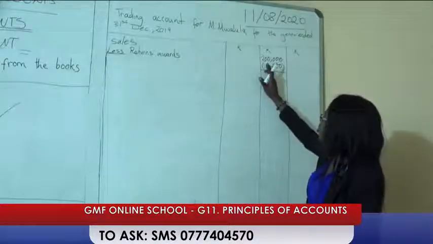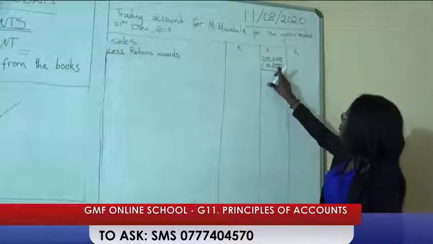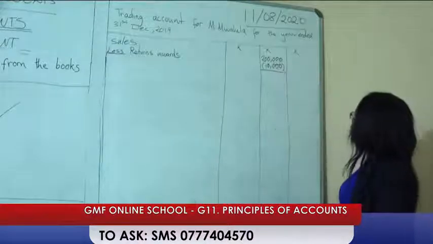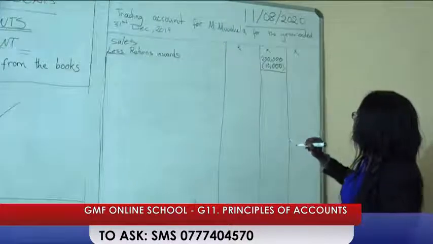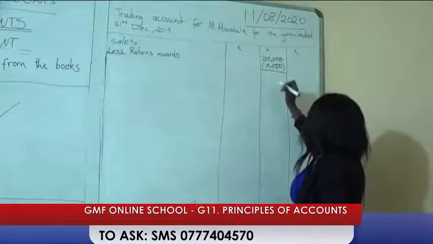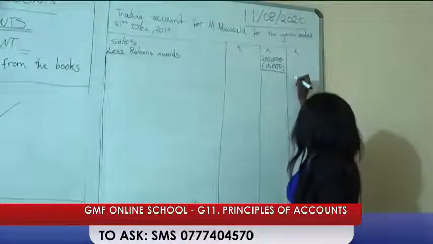So when we subtract 10,000 from the 200,000, what we are going to get is what is known as the net sales. So here the net sales will be